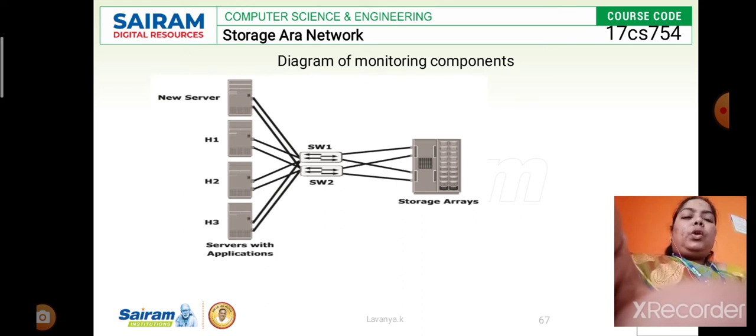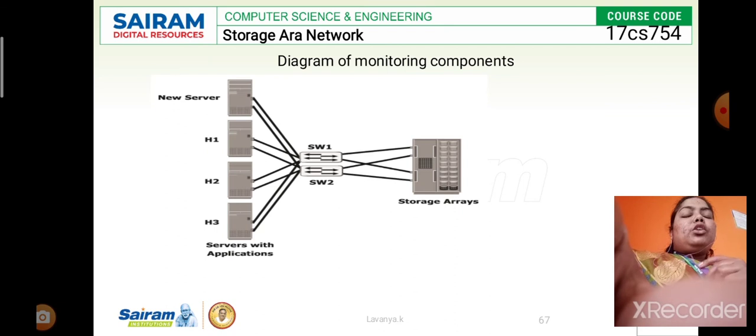Then storage means what type of storage they are going to use, I told you. It may be hardware storage or software. Here they are using hardware storage, that is a storage array, which is one of the hardware components. Within that they dump the data, inside this storage array. How do they dump it? They use switches, or fiber channel, I told you. Then a port or NIC card. By using any one of these components they transfer the data from one system to another.